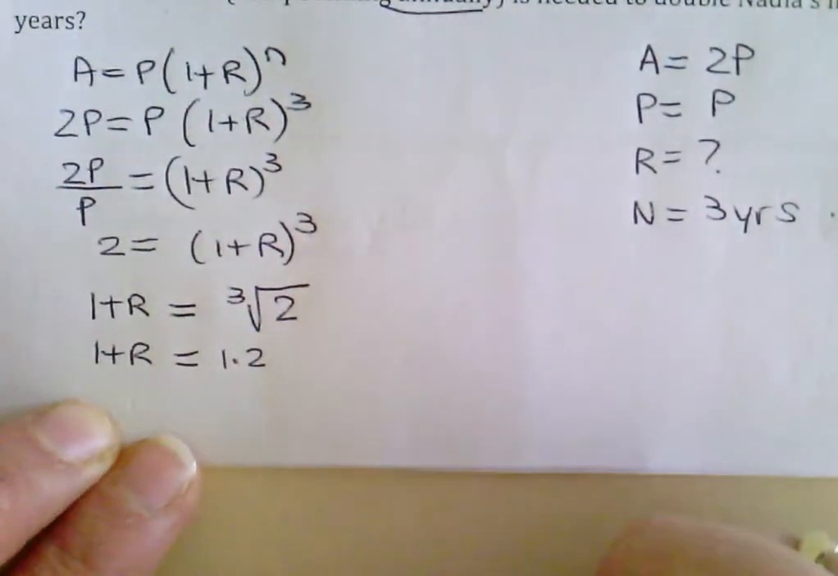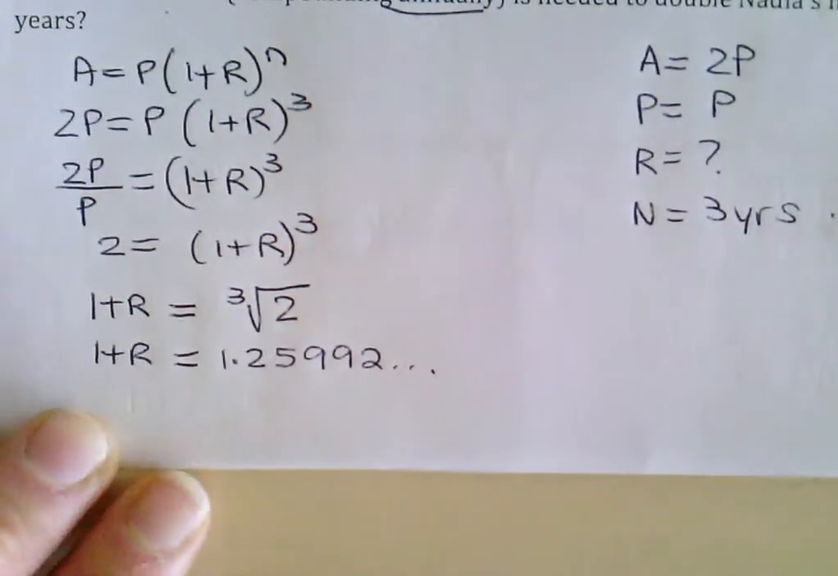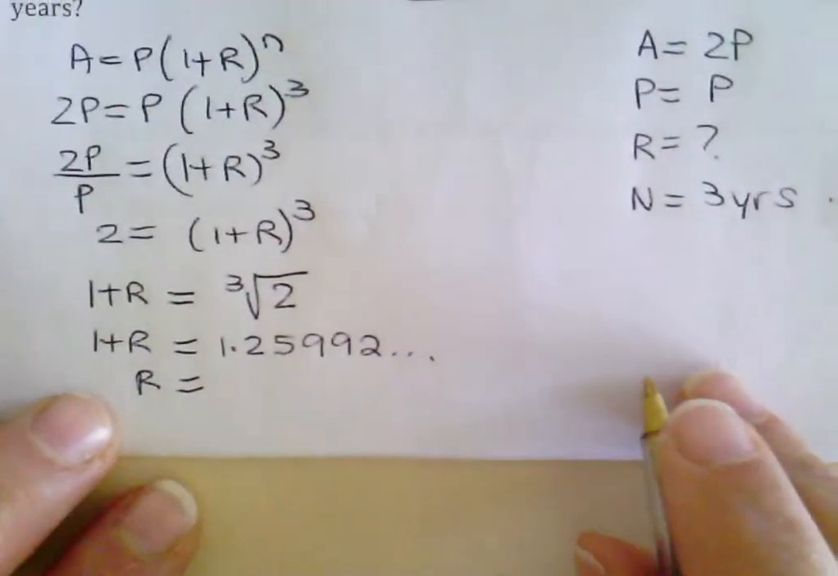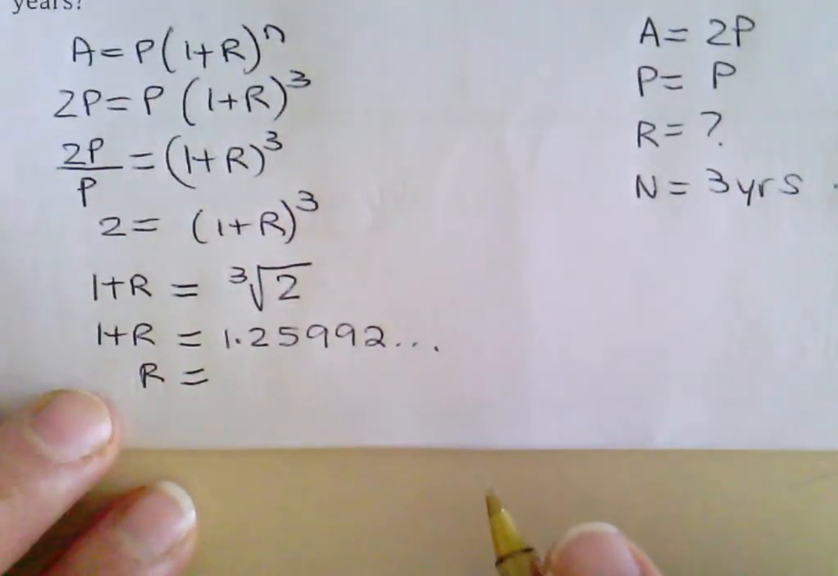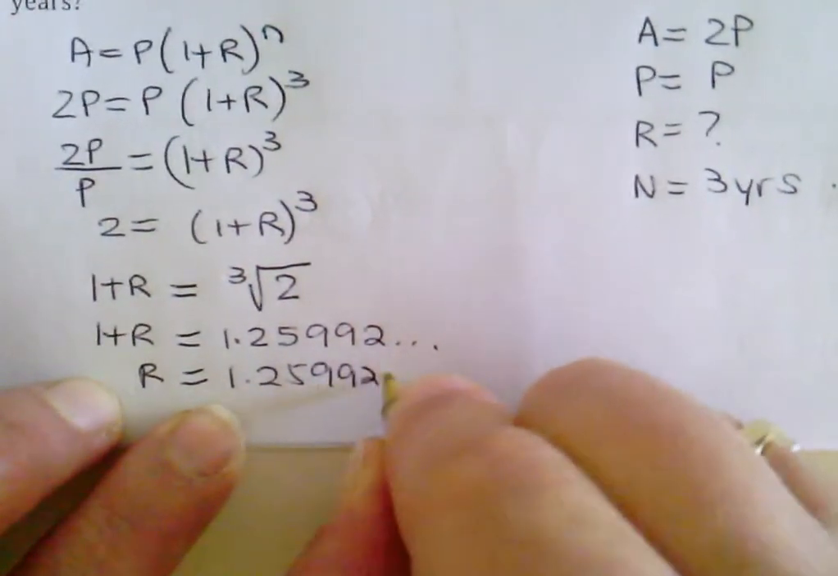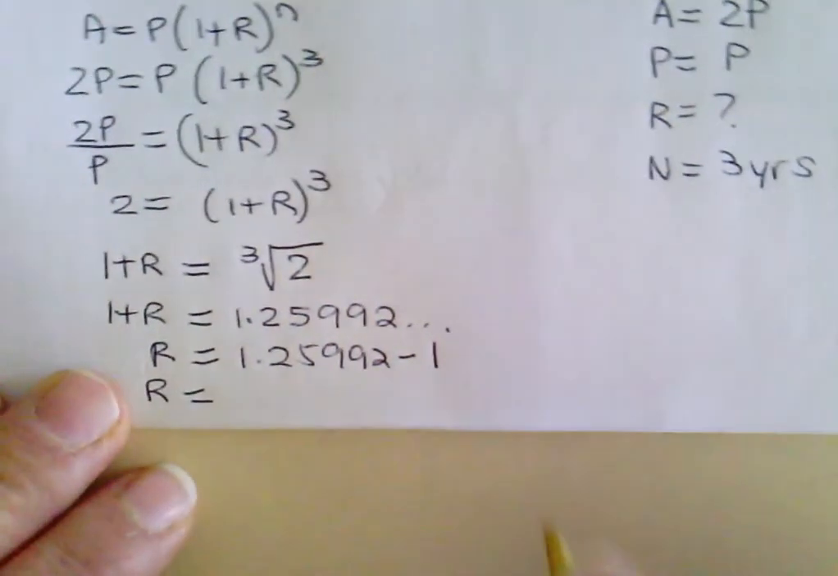I need more decimal places, please. 2, 5, 9, 9, 2. Yeah, that's what 1 plus R is. What's R? If 1 plus R is that, then you subtract 1. Do you get that? Which is